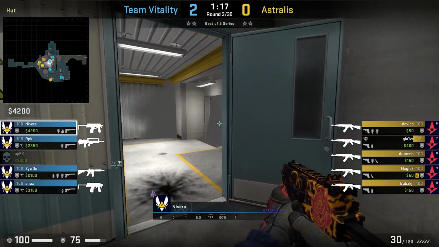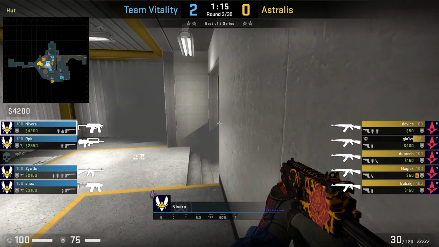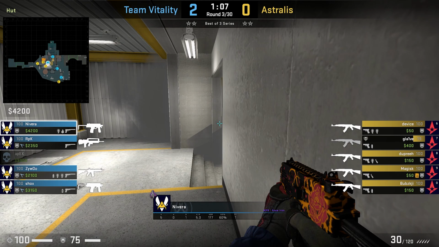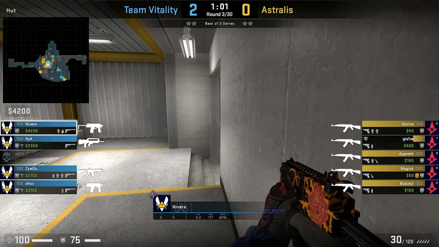On top of this, early in the round still, we have Glaive potentially pushing Mini right now, who could have just caught Nevera off guard with how he rotated to Hut. As you can see, completing this line of smokes properly enables for the round to play out much more differently,